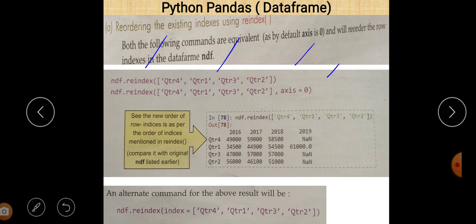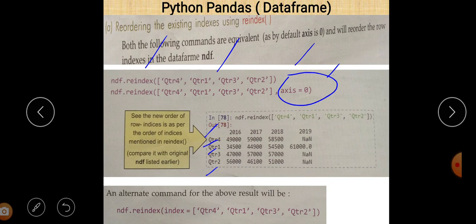Both have the same impact because by default axis is 0. It means all the changes are made on different rows. Axis 0 means row wise, axis 1 means column wise. So you can see that now the changes are here: qtr4, qtr1, qtr3 and qtr2. These are the new row names here.